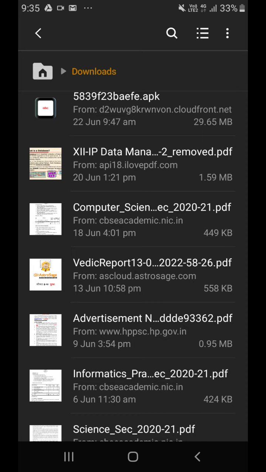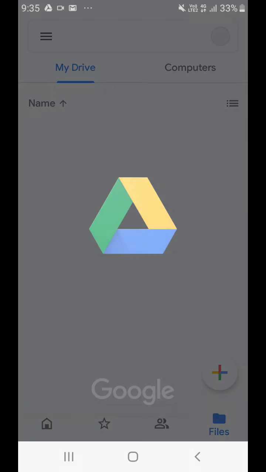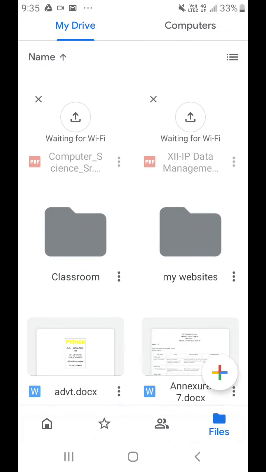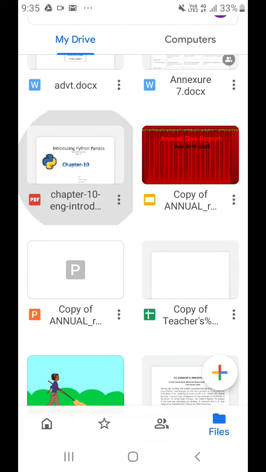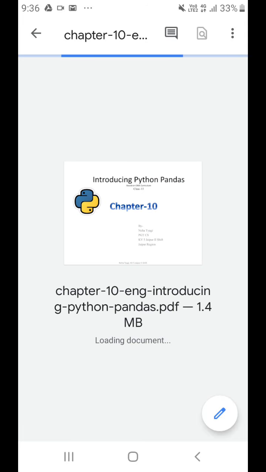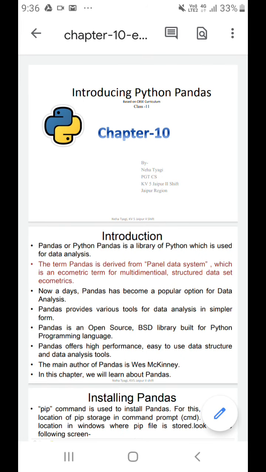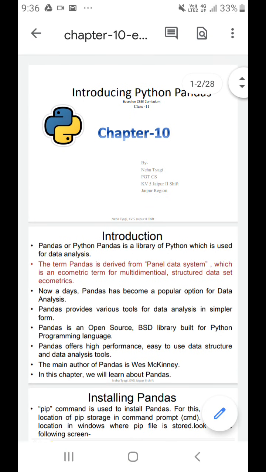Now if you want to open it from the mobile, just go to the Google tab. You have the Drive here. Just open the Drive. In My Drive, you have different folders and different classes. For example, I have this Chapter 10. So I can open this. Now whatever PDF is related to your course or contents will be opened from Drive only. So it will not occupy the memory in your mobile. So mobile space will be free. So it is very easy to open and to edit, right?